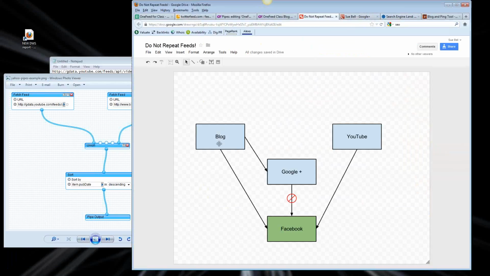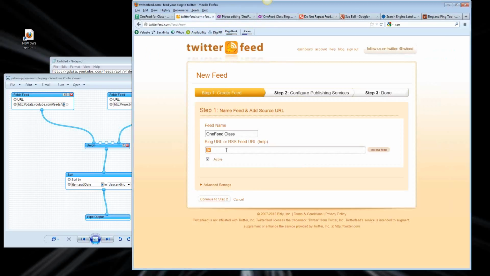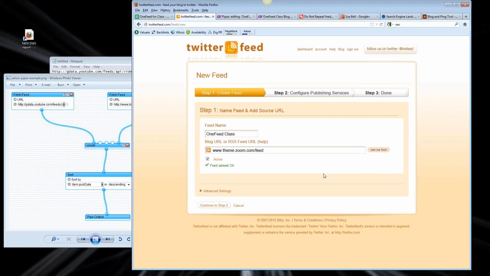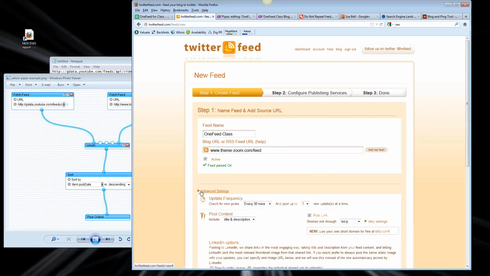So let's say that we're going to take your blog and we're going to take your YouTube feed and we're going to feed them into Facebook, just as a for instance. That's going to be what we're going to do here. So my blog feed URL is www.theme-zoom.com/feed, and I can test this. Okay, it likes that. So my advanced settings,